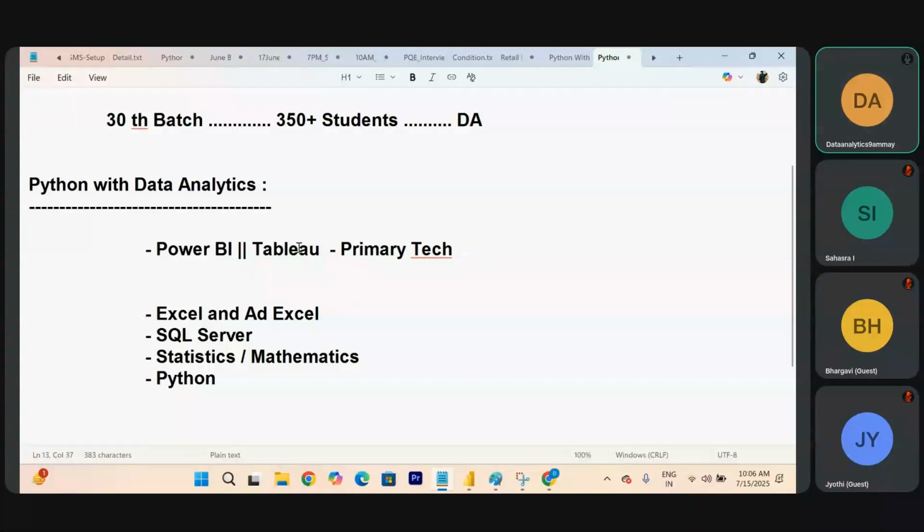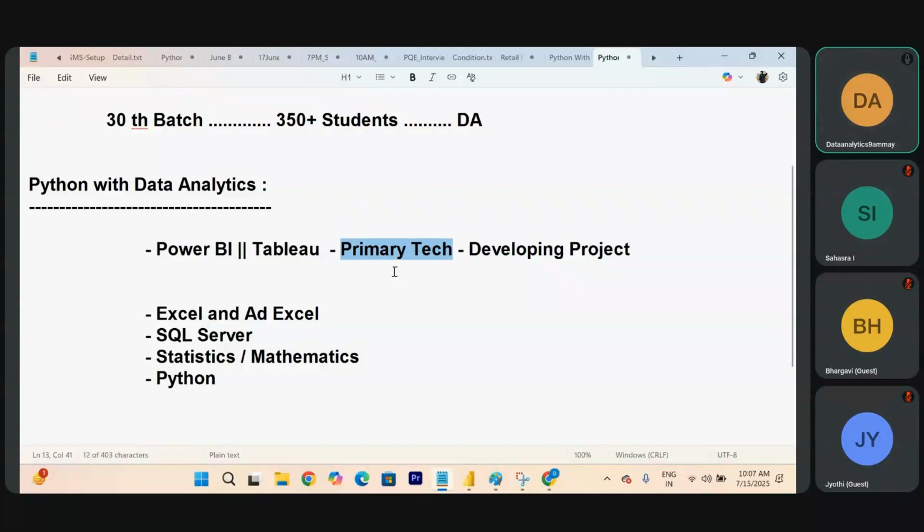Out of all these technologies, you are going to complete your project using Power BI only. So can I call it the primary technology? Simple, no? Which means I can call it the project-developing technology. Whatever project you complete using some technology, that is called the primary technology.